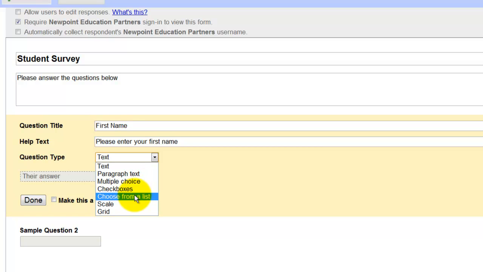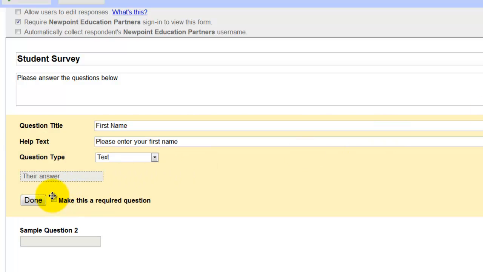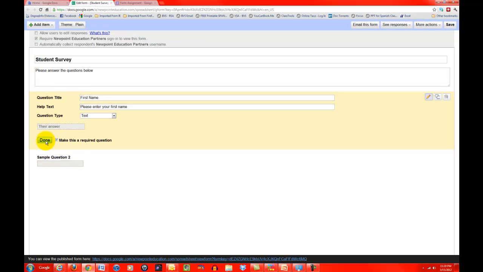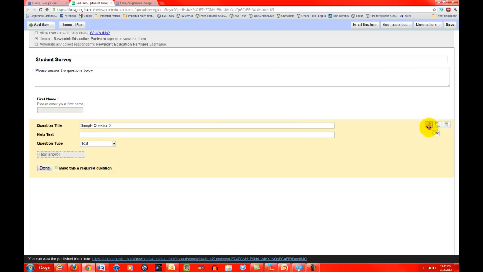And you see all the different choices there. You can do multiple choice, paragraph, text, check boxes, but we're going to click on text. That means they just have to type an answer. One more thing here, you always click on make this a required question, so make sure you click on that. Okay, for question number 2,